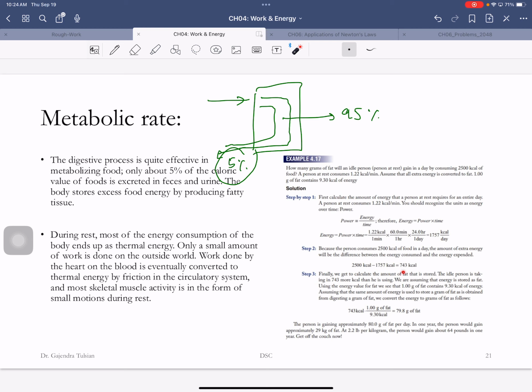So 700 excess calories a day, and so this is 700 calories. 1 gram of fat has 9.3 calories. So this divided by that, 80 grams of fat. So can you hold up your drink? If I eat 700 excess calories a day, a third of that can is 80 grams. And that's what that problem said.